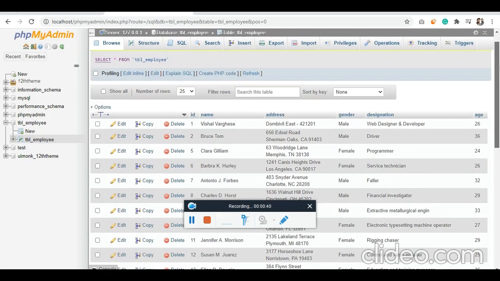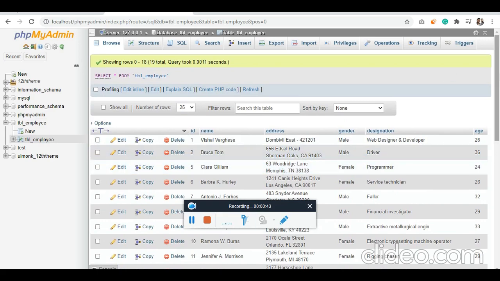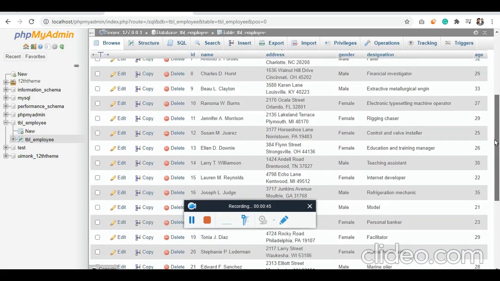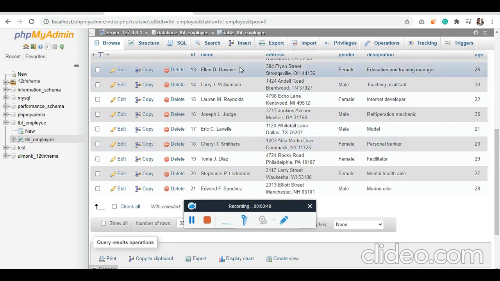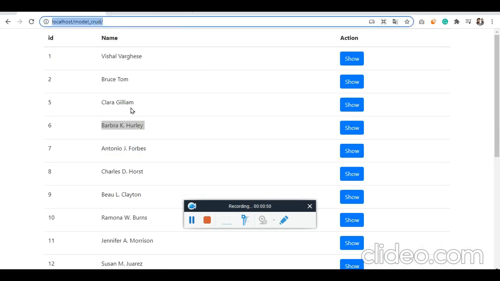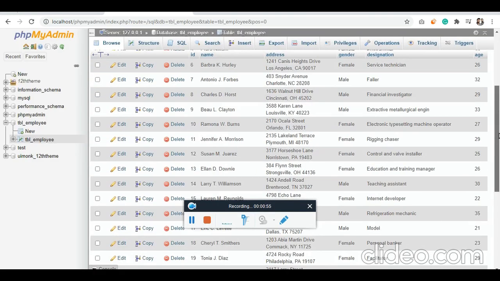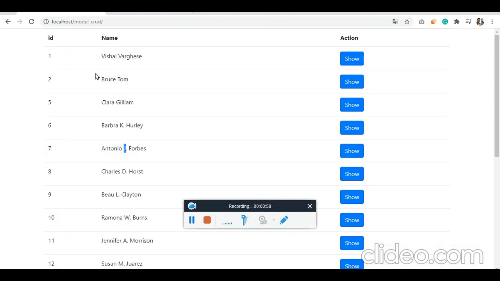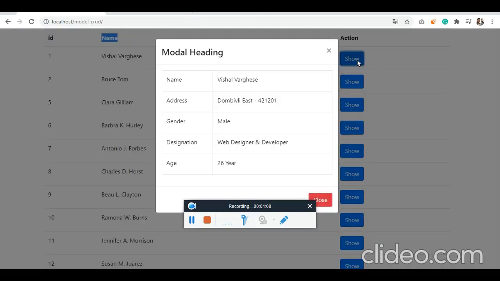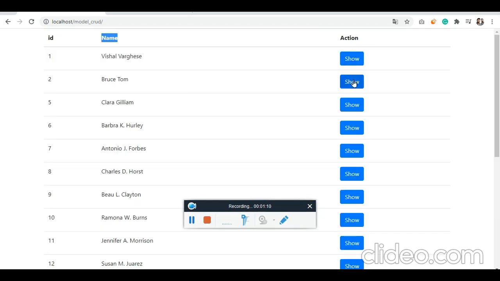The first thing, I have populated all the values in the database. We have almost 15 to 20 values in the database, and these values are available on the HTML. As you can see, we have many columns, but over here there are just two columns, the ID and the name. In case you want to see other columns of a particular row, you need to click on show, and you can close it. So this is just fetching all values from the database and displaying them in a Bootstrap modal.